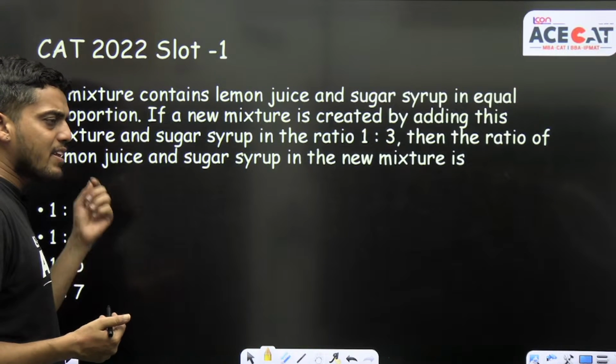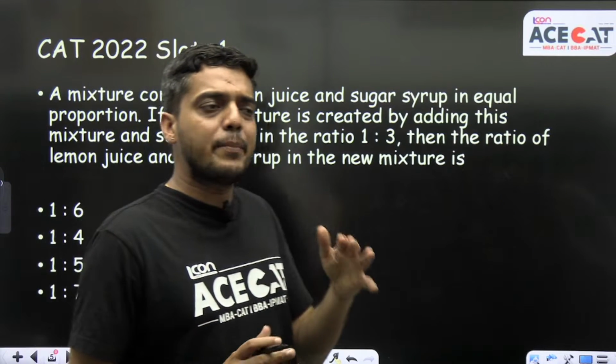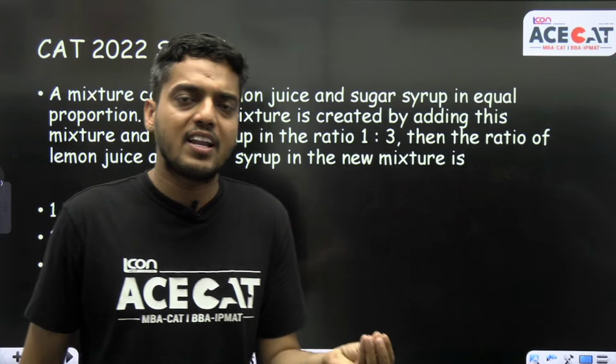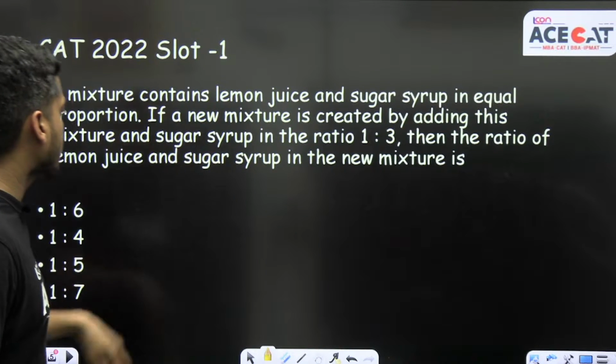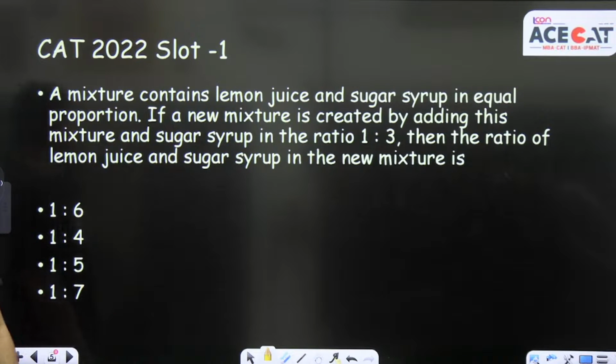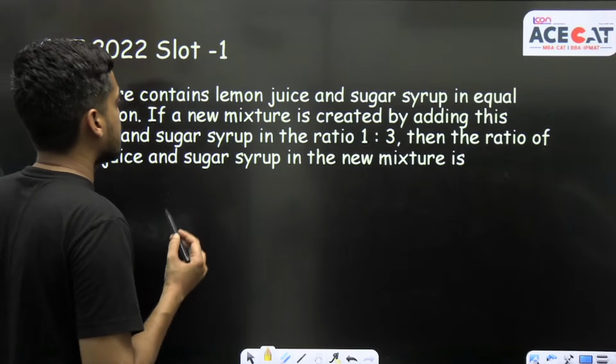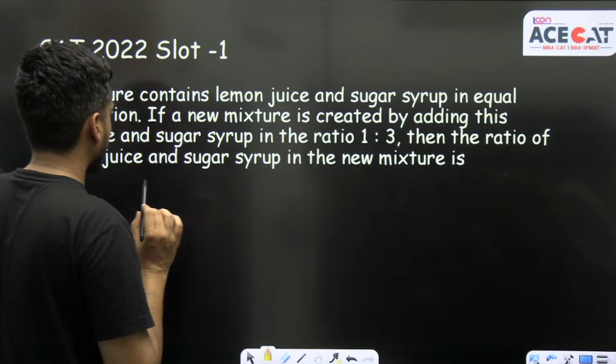So guys, it was a very easy question. You can solve it by the basics of ratios, and you can also use the law of mixture and alligation. We are going to solve this question by both methods. A mixture contains lemon juice and sugar syrup in equal proportion. So let's assume